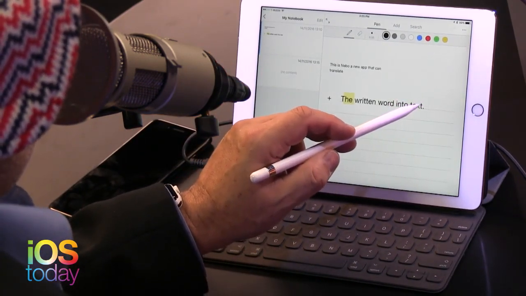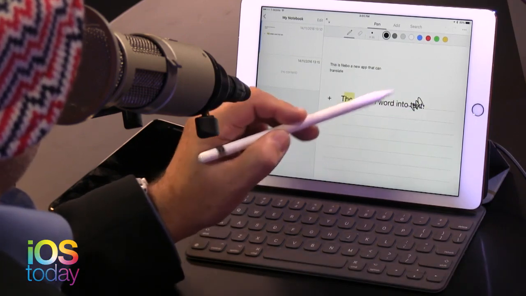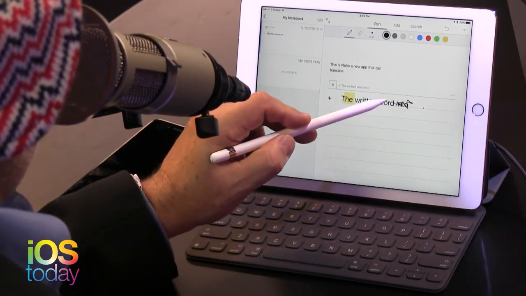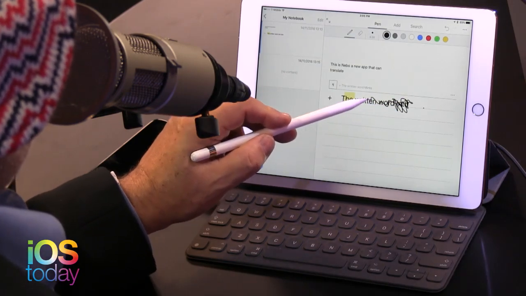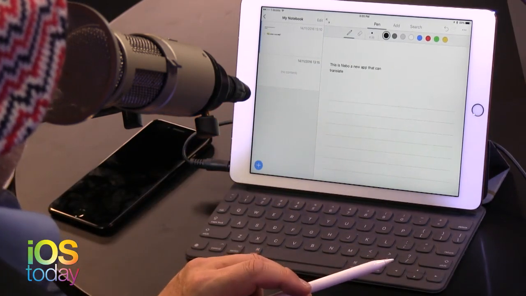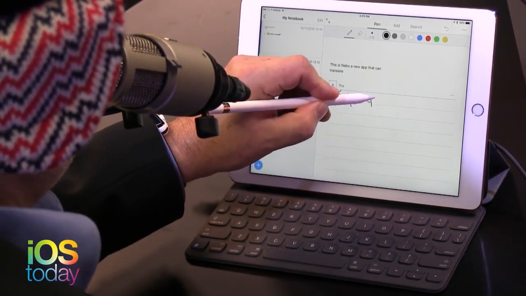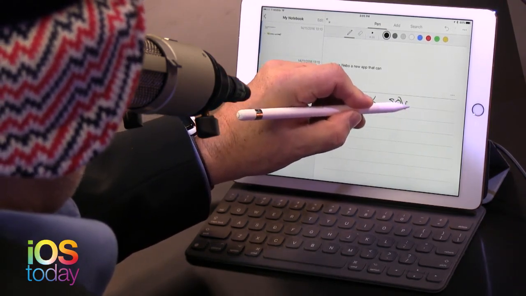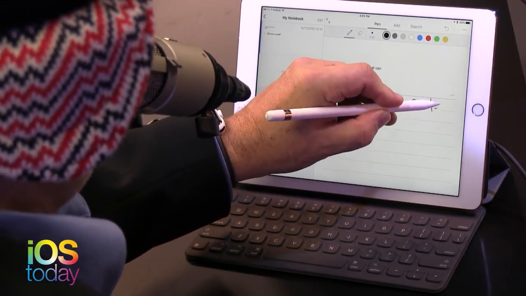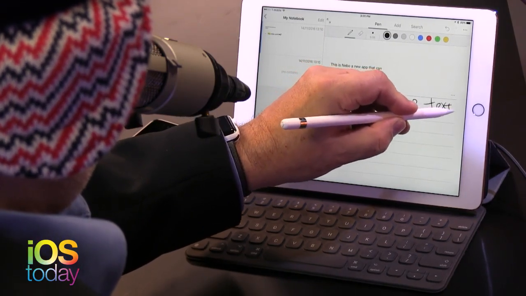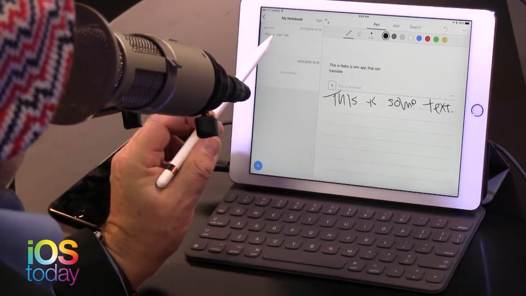So you have to learn a few gestures. You can scribble out words and delete them. That's very, very handy. In fact, everything you scribble out will disappear. Now I'm writing not very well because I'm doing it kind of sideways. This would work better if it were in your lap, right? And then, so you could see